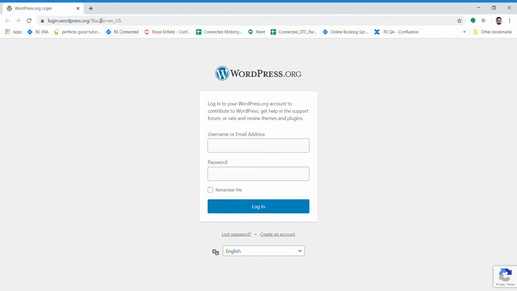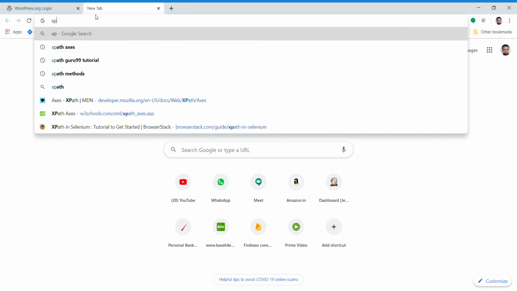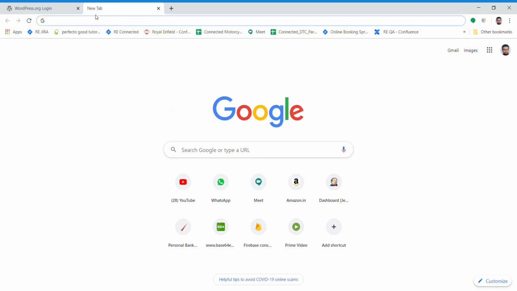So what is XPath? To discuss that, let's search on Google. We are first going to search for the XML tree, because a web document or web page is converted into an XML document, and that XML document has all the elements in a tree-like structure. So what is that tree-like structure?